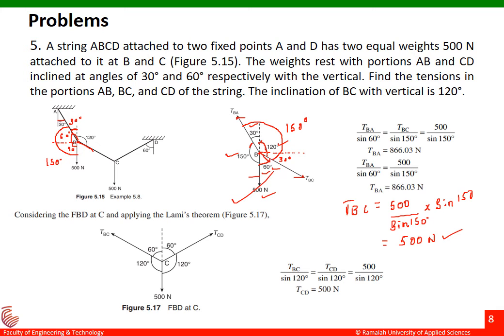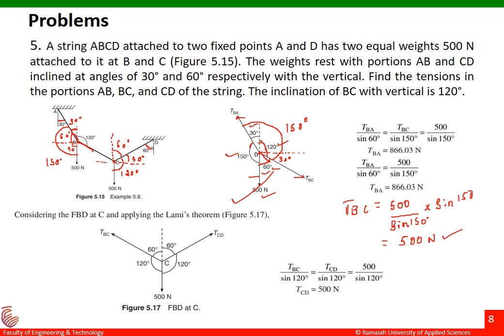Let us go for the free body diagram at point C here. Let us draw the free body diagram first here and then we'll go for the calculations. Now, if this is my 60 degrees, I'll just draw a line here, vertical line. This will also be 60 degrees. Okay, and then I'll draw one more line to the horizontal here, and then this will be 30 degrees. If this is 30 degrees, the total angle would be 90 plus 30, it is 120 degrees here.